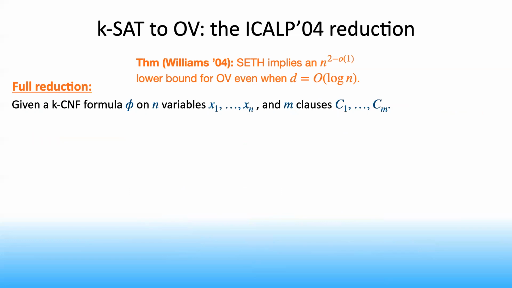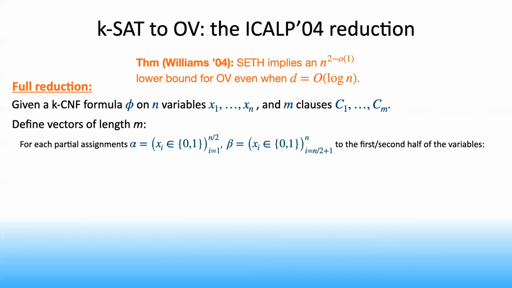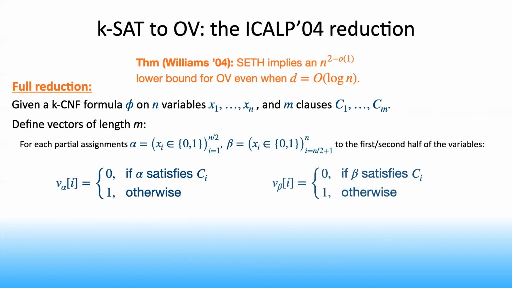Let's say that the variables of the input formula phi are x1 up to xn, and let's say that the clauses are c1 up to cm. We define the vectors as follows. The dimension is m, and each coordinate corresponds to one of the clauses in phi. And for each partial assignment alpha to the first half of the variables, we define a vector v sub alpha as follows. In coordinate i, we put a 0 if the partial assignment alpha satisfies the clause ci, and we